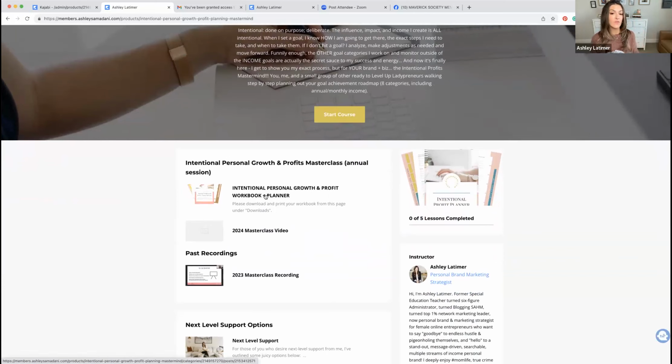If for some reason you don't have your box, or you lost it, you can download and print it, and I recommend spiral binding it so you can keep it with you. As you can see, I have this on my desk literally at all times. It's my business lifeline, and frankly, my whole holistic lifeline, as you'll see once you watch the class. So there's your workbook. Here is where the annual video will be.